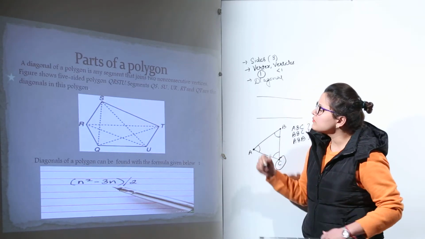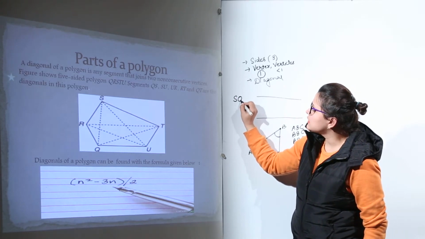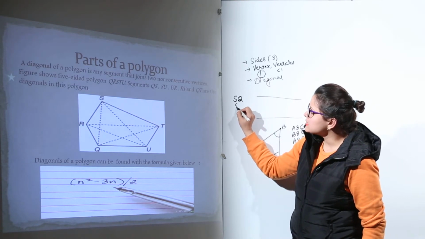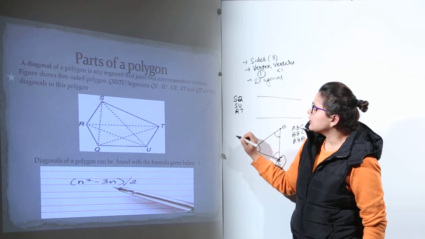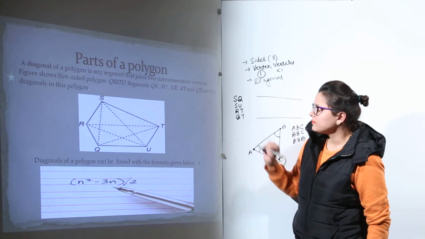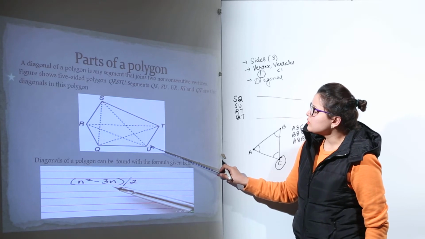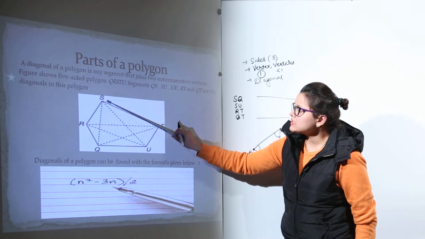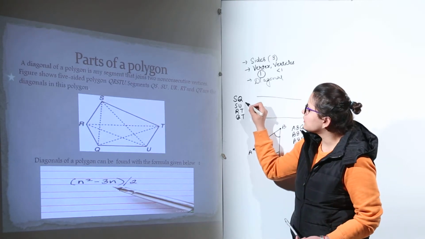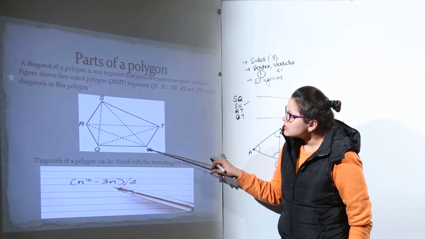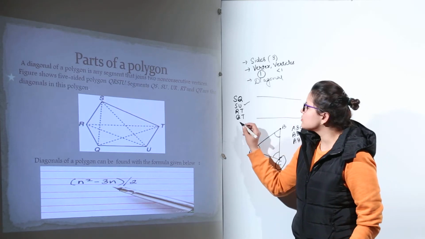Now I am going to name them so that you don't get confused. I am going to name the diagonals. Diagonal SQ, diagonal SU, right? Now diagonal RT, diagonal QT. Is there any other diagonal left? You can check US. SU and US will both be the same one. I have already mentioned it, right? Next is UR. UR is not included till now, so we will include this also.